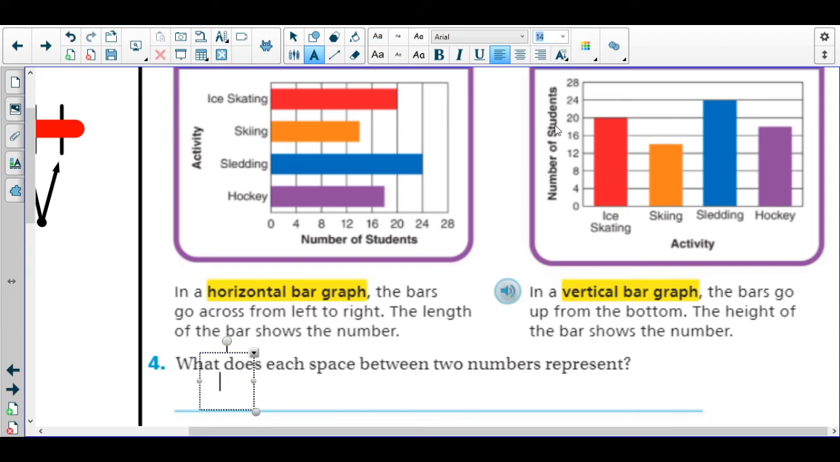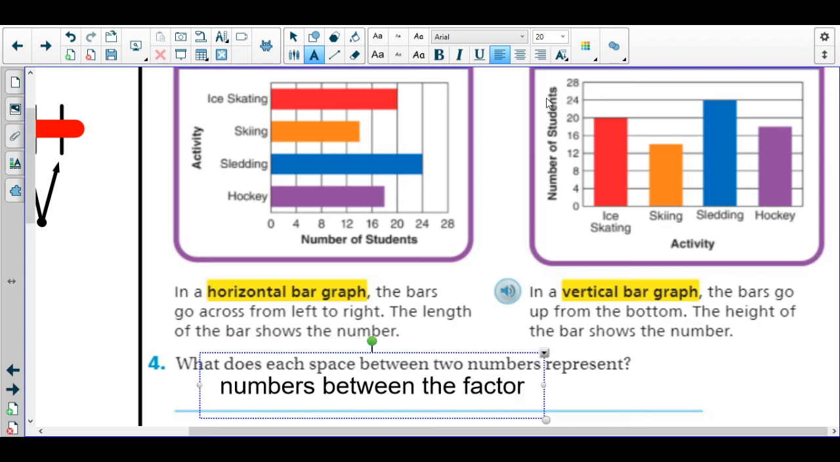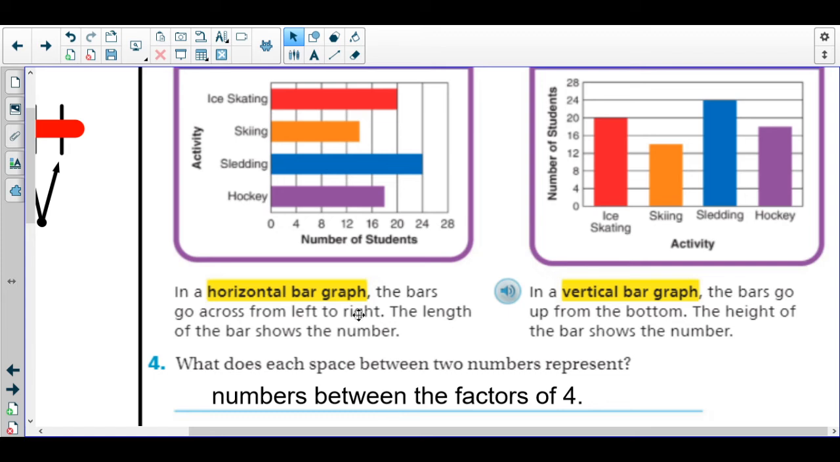Let's see if we can make this a little bit bigger here. The numbers between the factors of 4. And let me explain what that means. All right, we are counting by 4s. 0 and then 4. 4 plus 4 is 8. 4 plus 8 is 12. 4 plus 12 is 16. So we are counting by